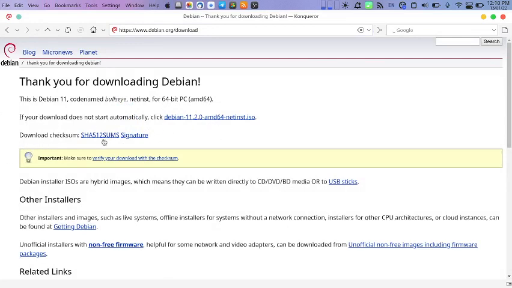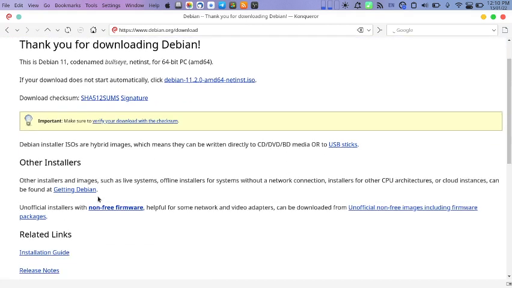Okay, now first thing is there is also a checksum to verify whether the download done by you is incomplete or complete, and whether it is from the original source or somebody has slipped some malicious software inside. So you can use this checksum and the signature. How to verify the checksum and signature is given in this link. Okay, now we will see the installer.